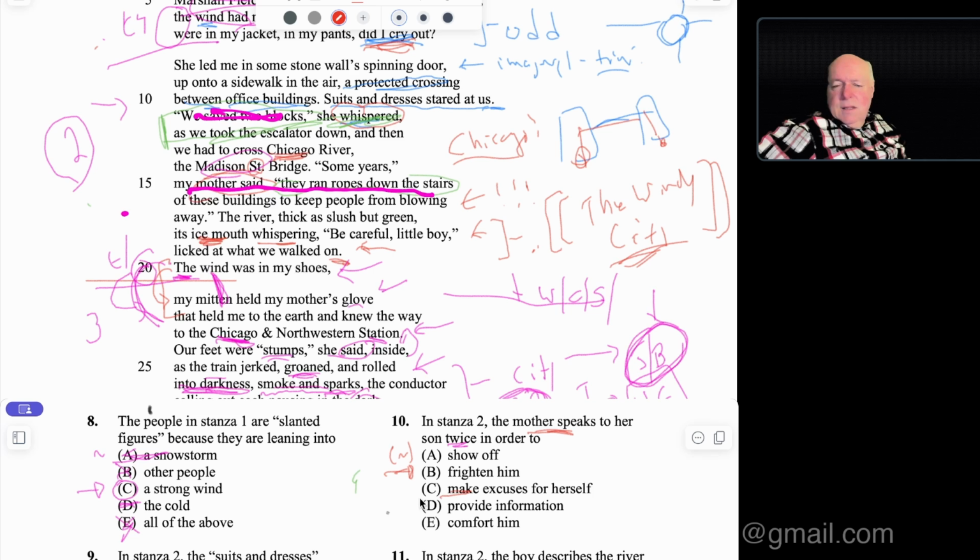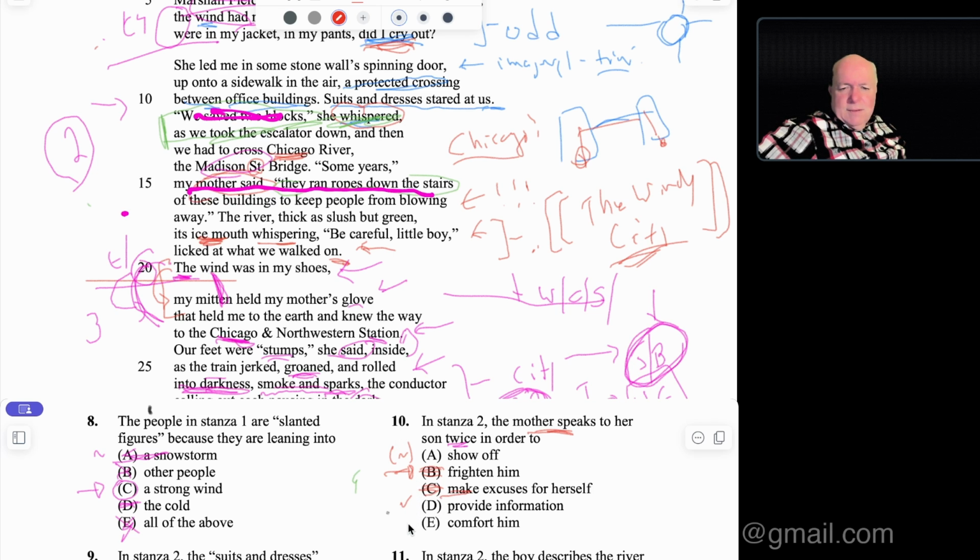But the thing is, the second quote where she tells him about people blowing off the stairway, that might be the justification where she's making excuses of why they're there. But the first one where she says we save time, it wouldn't work with that. So C goes out. In fact, that's the same problem with B, isn't it? All right? She can't frighten him by saying we saved 2 blocks. That's not frightening.